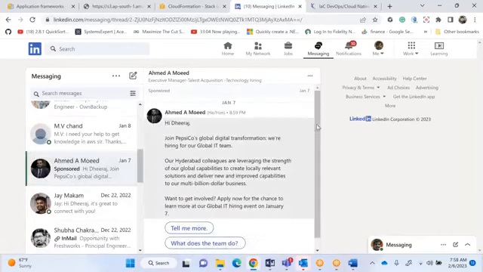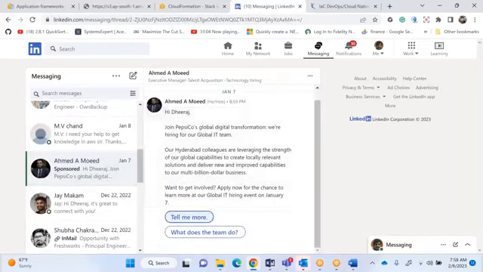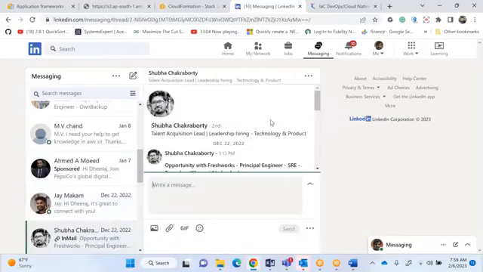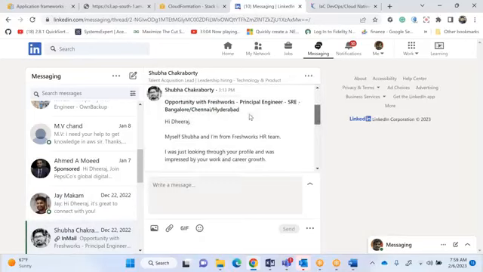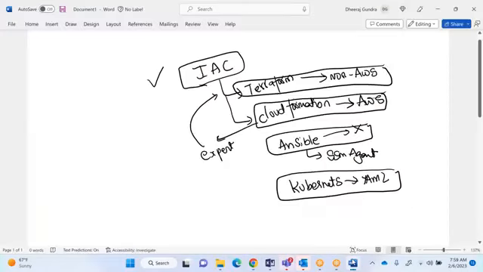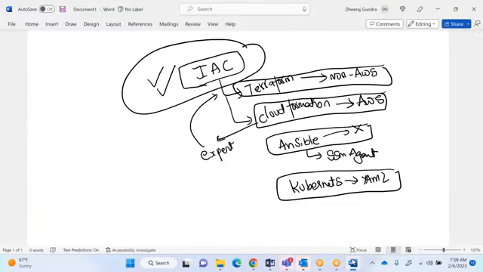Pepsi is asking for transformation, do you want to be eligible? Basically, tell me more details, we will be in touch with you. Lot of opportunities. Freshworks is asking for principal engineering SRE in Bangalore, Chennai, or Hyderabad. Your roles will completely match when your skill set matches. And one of the core things which I want to explain you, as I said, one of the primary reasons for my success is IaC. Hope you got it. So CloudFormation template, practice it. Anytime you have any questions, please come back. Ask me more questions. I'm pretty good in CloudFormation template.